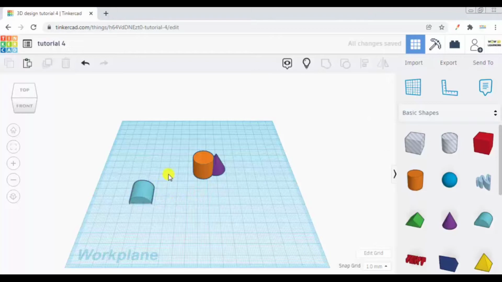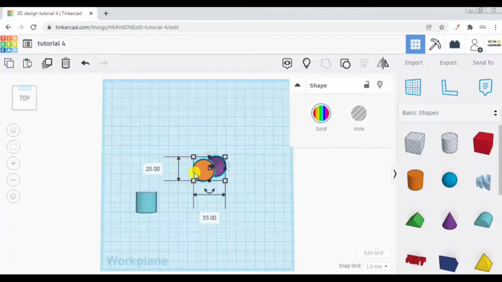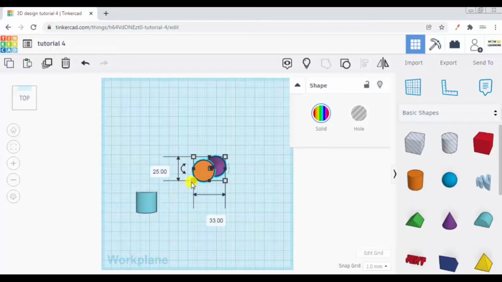Now I have two objects. This is a single object having two objects grouped together. Now you can see it is being enclosed by a rectangle. So this rectangle determines the edges of this whole grouped object. Now if I want to measure the distance between these two objects for the purpose of my design, from this corner to this corner, how will I do that?